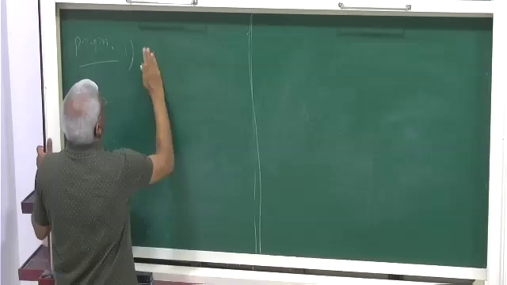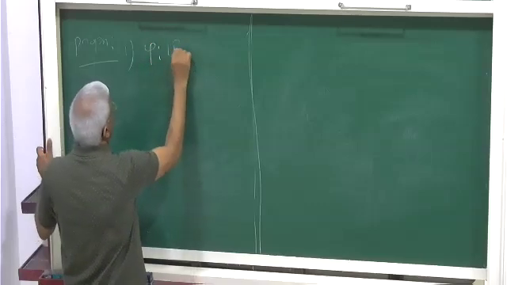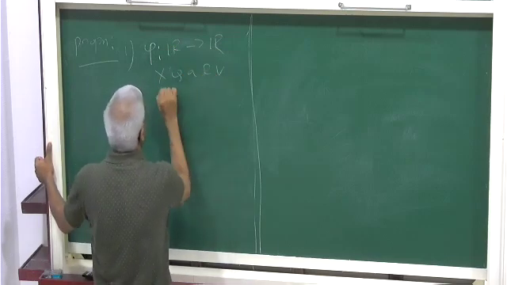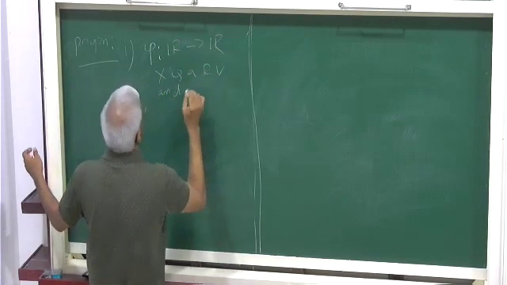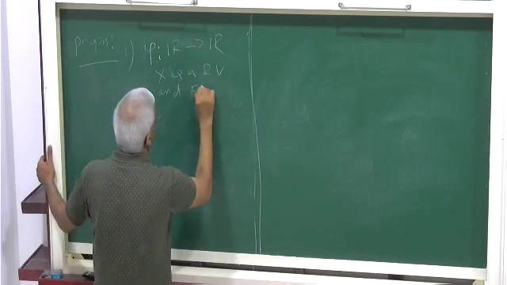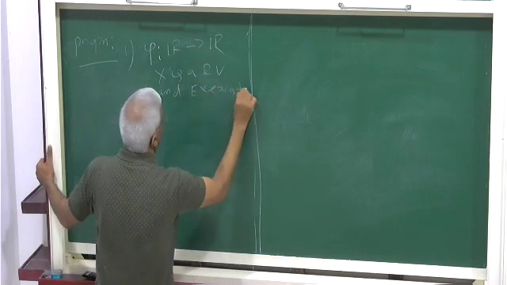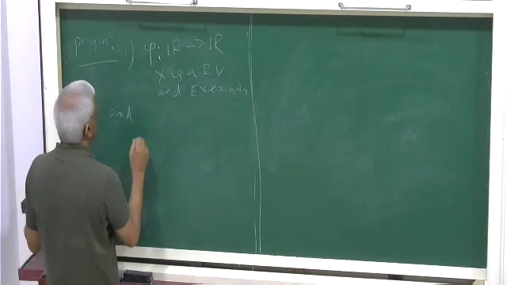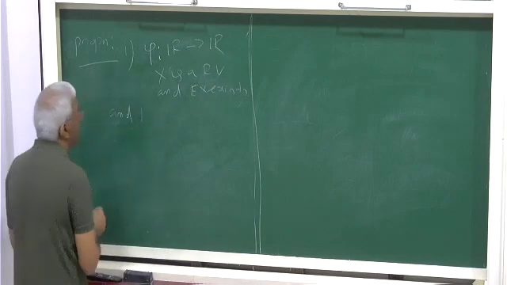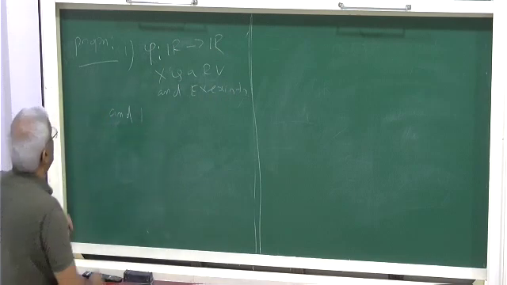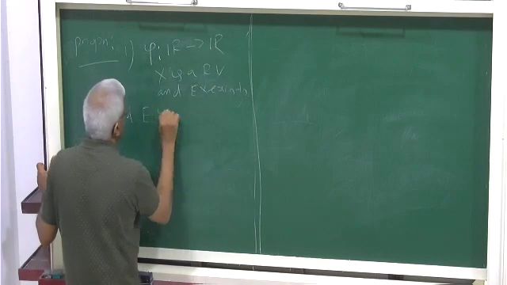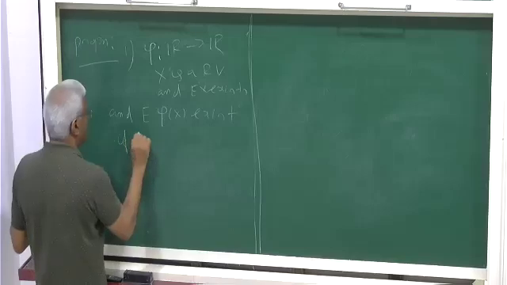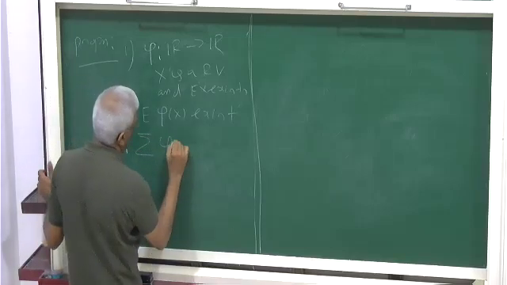Let phi be a function from R to R. X is a random variable, and expectation exists. Then E of phi of X exists if the summation of phi of x